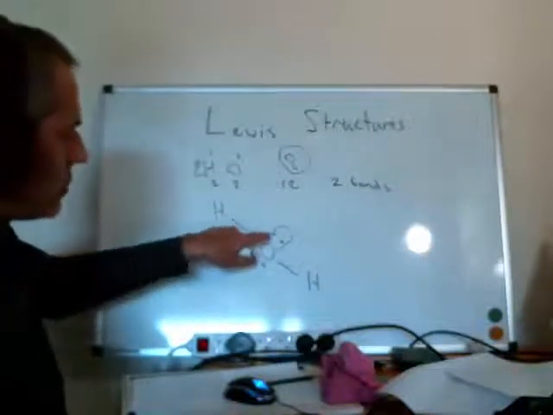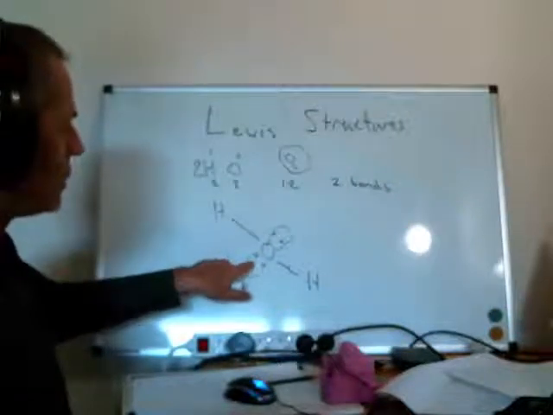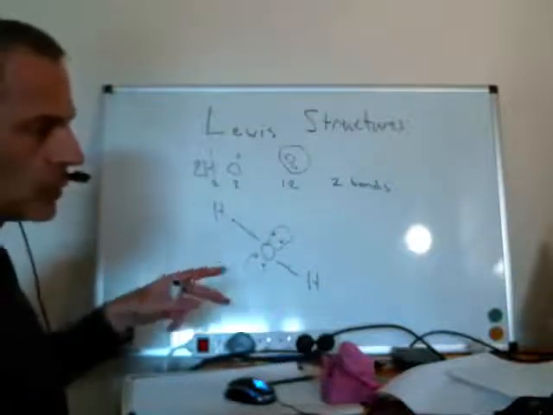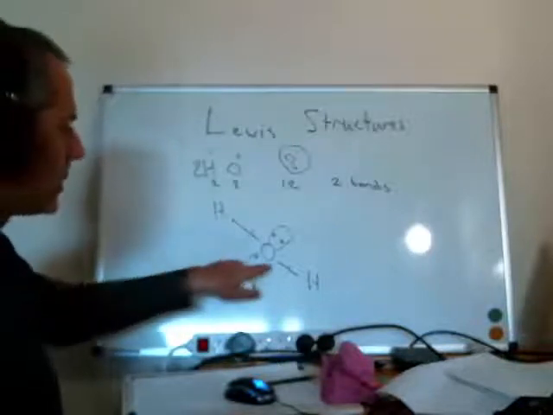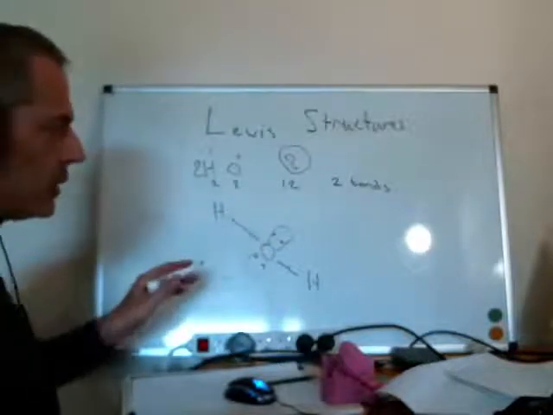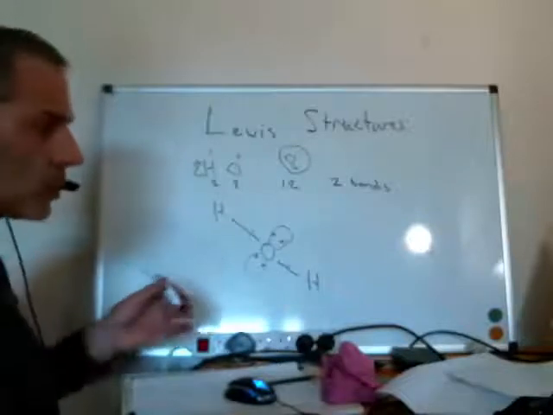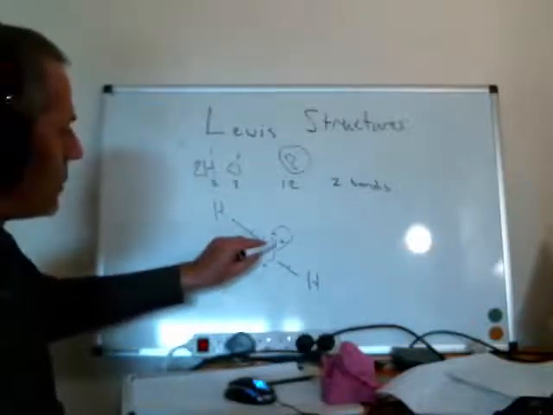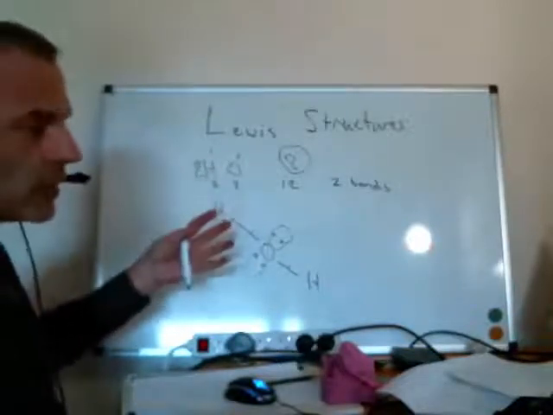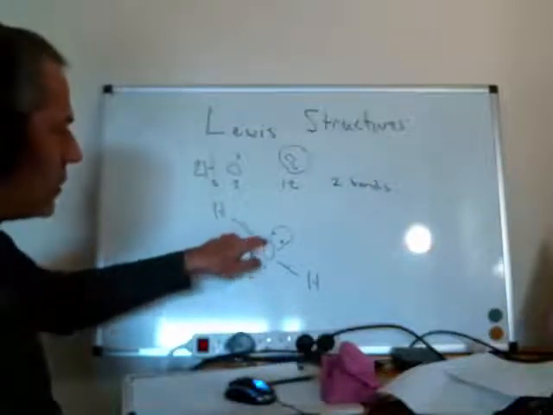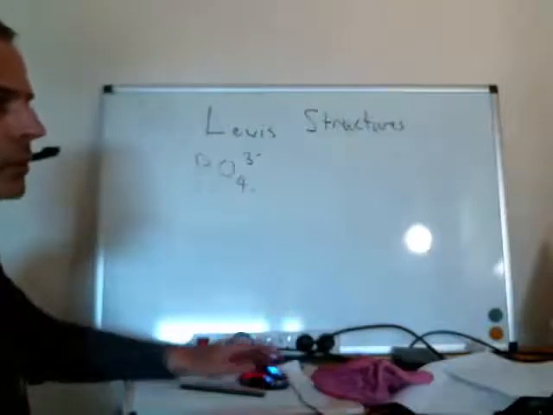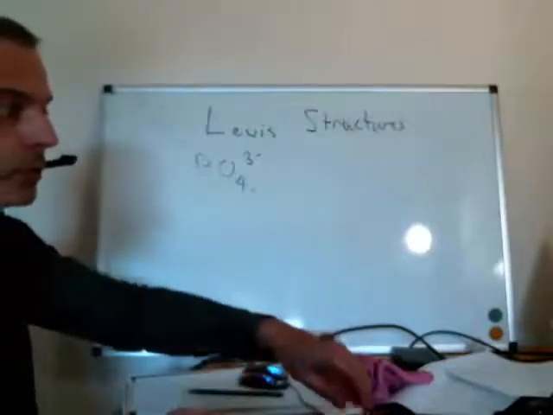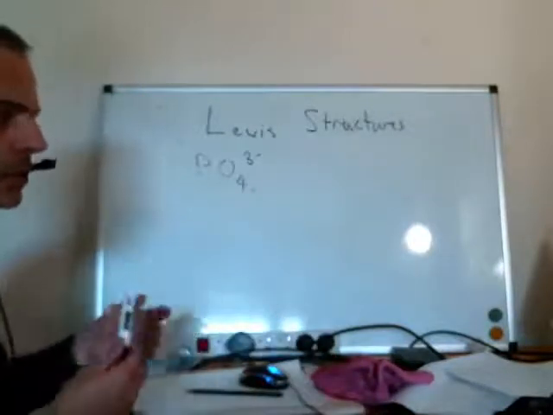a tetrahedron. So we've got 2 lone pairs and 2 bonds, which is 4 things in different directions, and the most far apart they can possibly get would be a tetrahedron. Water is not quite tetrahedral because the lone pairs have a higher repelling force, they're closer to the oxygen than the bonds are. So as a final example, we'll do a phosphate anion because it's got a charge and more